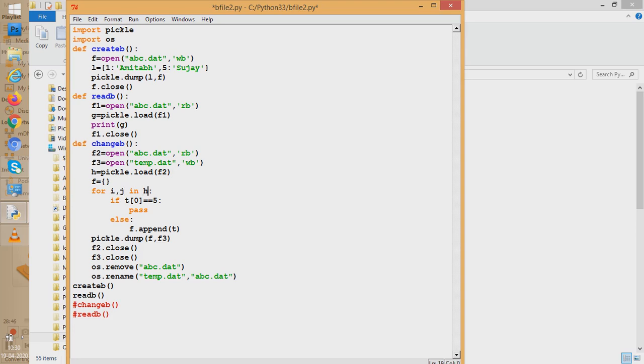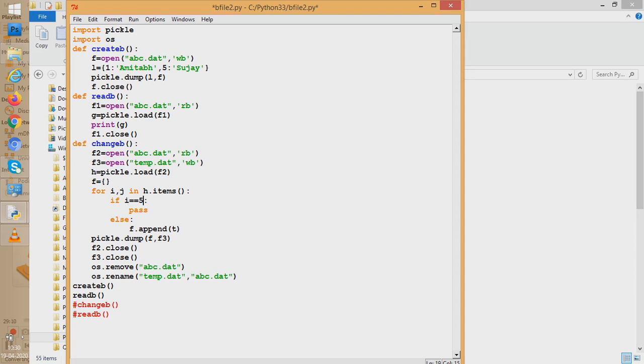You all know this. In class 11th also, you know what happens. I gets all the keys and J gets all the values. So values are in J and keys are in I. So I can well check.